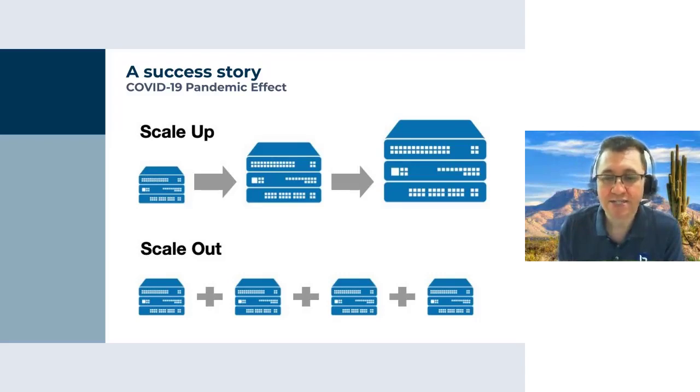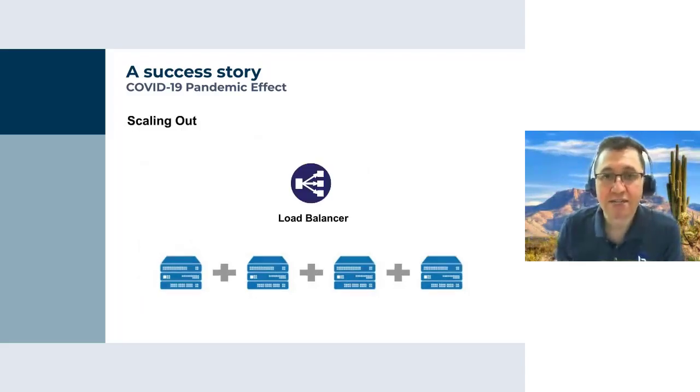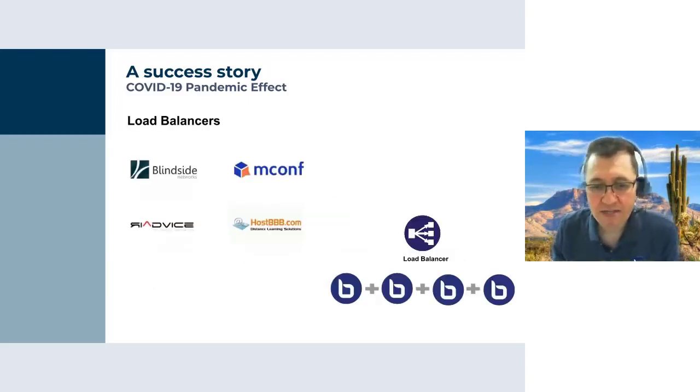But we know that a server can only do so much. So the other solution is scaling out: having multiple servers and spreading the load among them. So of course, for us, that was the natural solution to offer to them. We told them that they had to put up a number of BigBlueButton servers and a load balancer on top,